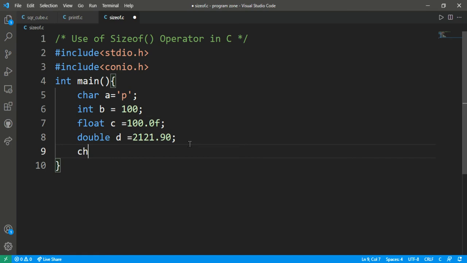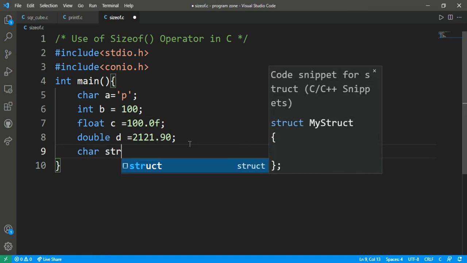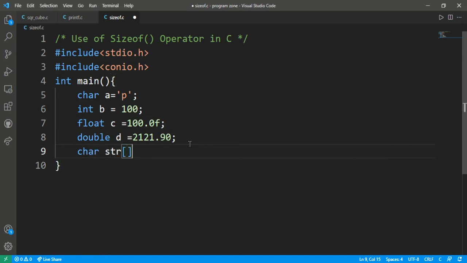And the next is char string, and within this I have to initialize with a string.